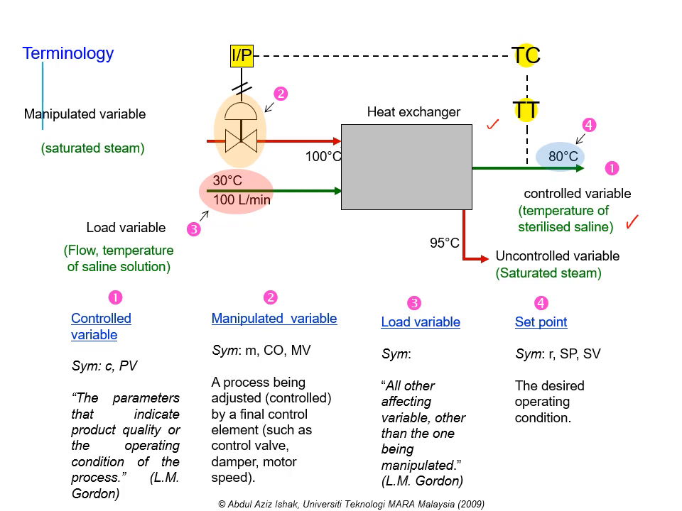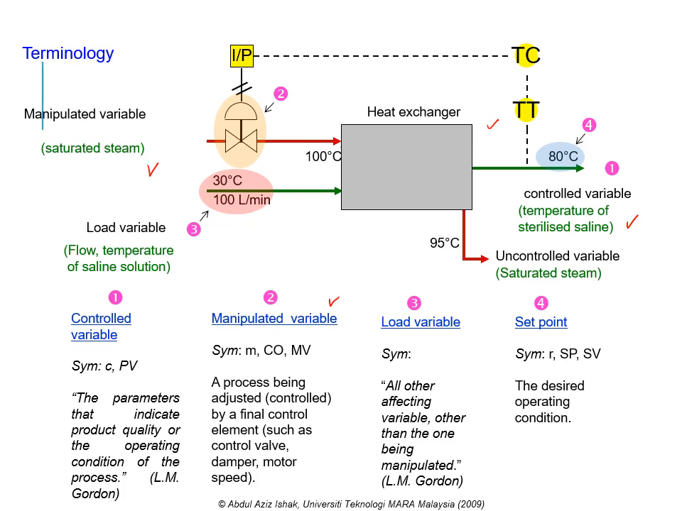All right. So how do we control the control variable? By manipulating a certain variable. In this case, the manipulated variable is the saturated steam. So in order to control the temperature of saline water, we need to regulate or manipulate the saturated steam. By definition, a manipulated variable is a process being adjusted by a final control element such as a control valve, damper,